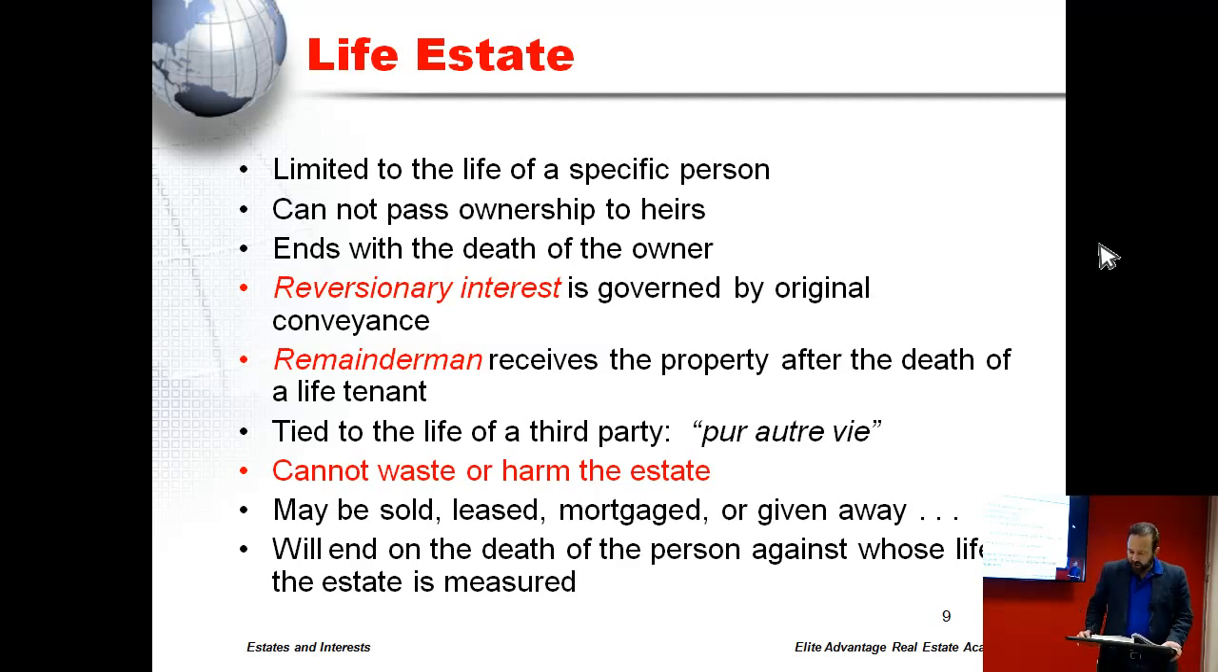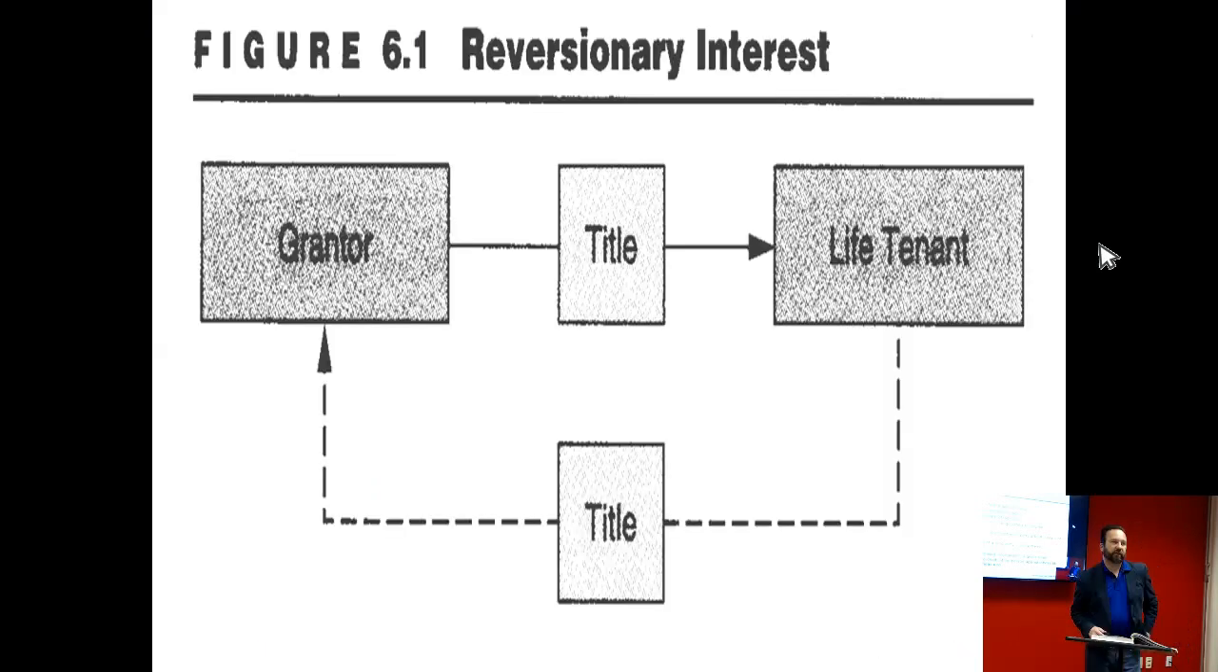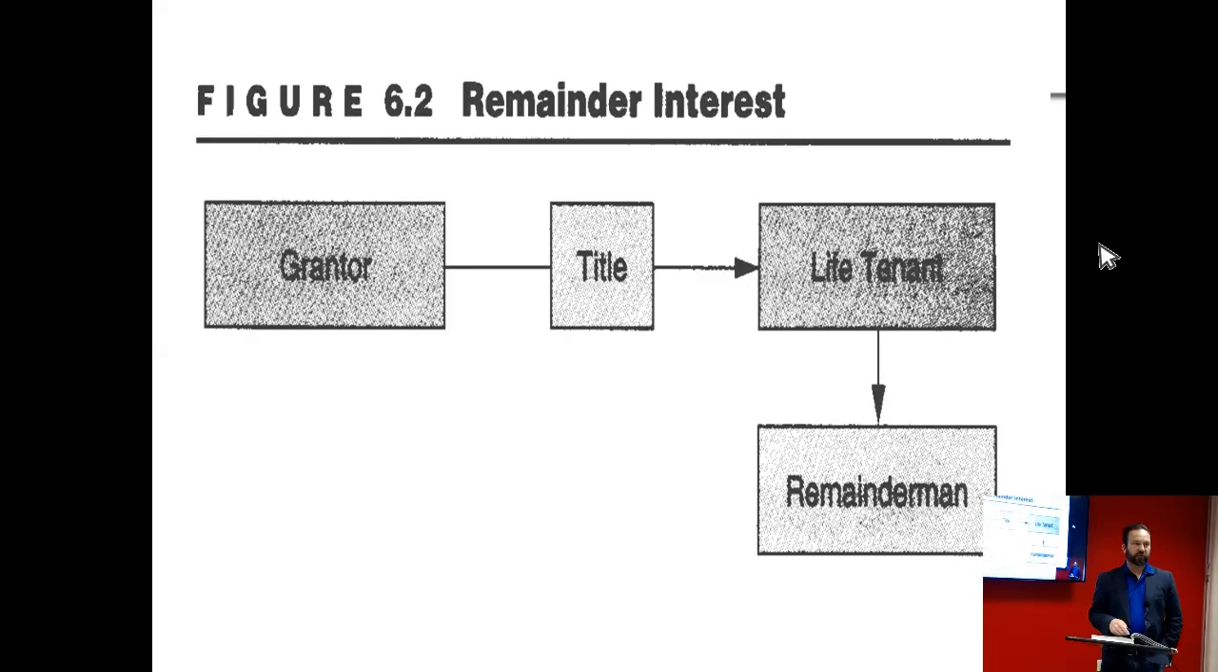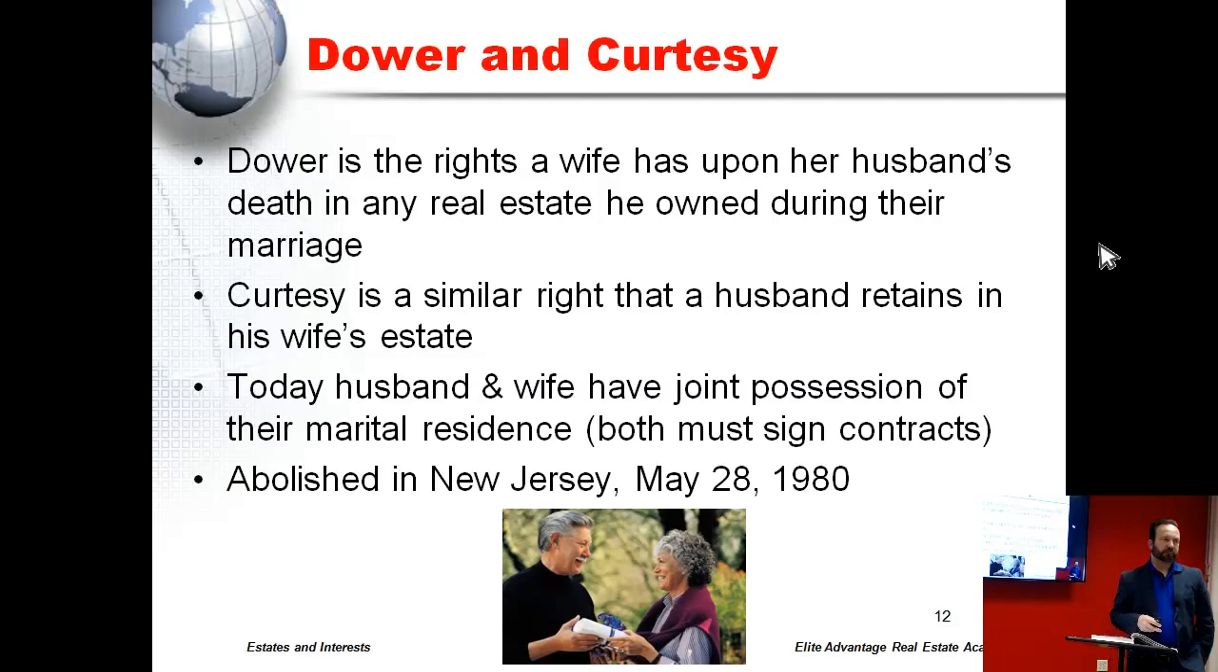Okay. So in any direction, moving on. Page 75, Dower and Curtsey. We come up against here Dower and Curtsey. What you're seeing right now is figure 6.1, which is that little chart to help you through that, remainder interest chart 6.2. Okay. Dower and Curtsey. So Dower is the rights a wife has upon her husband's death in real estate he